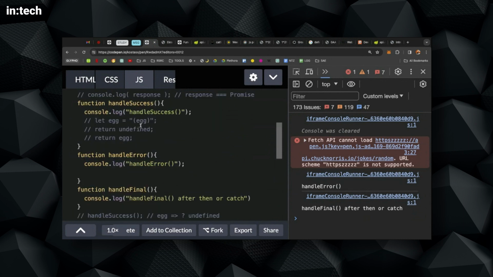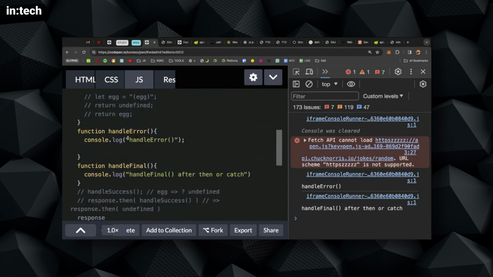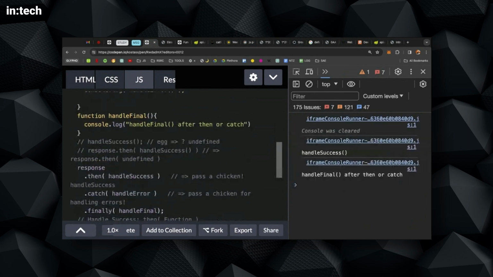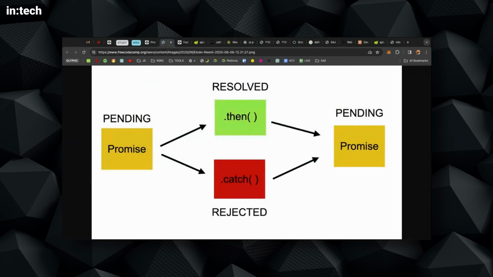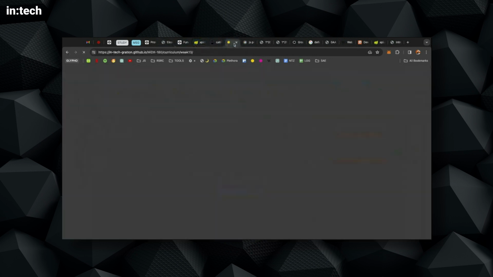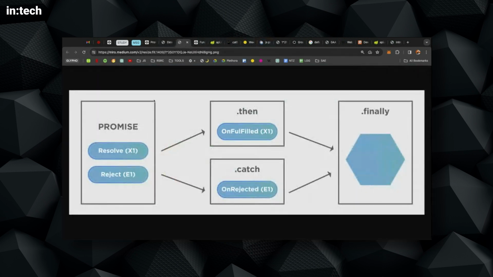So let me fix the address here, and let's see the route. It's going to be handle success, handle final, and we end up like here. So we took this route. Oh, sorry, where was that? Nice. Okay, so we went through this route, and we saw how we can handle a fetch promise that goes out to a server, gets something, and